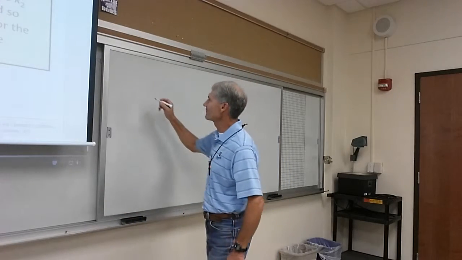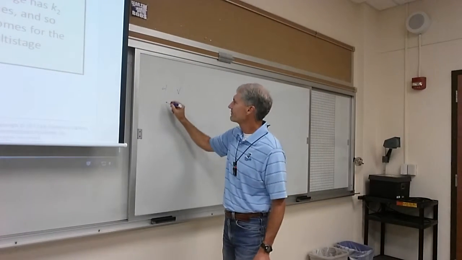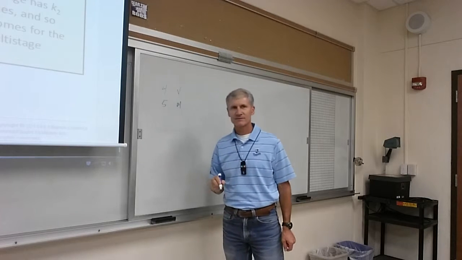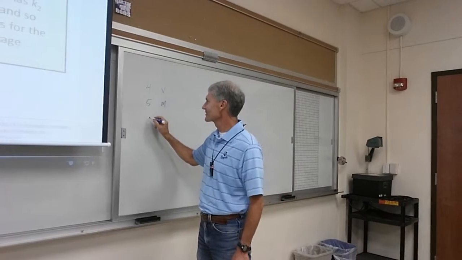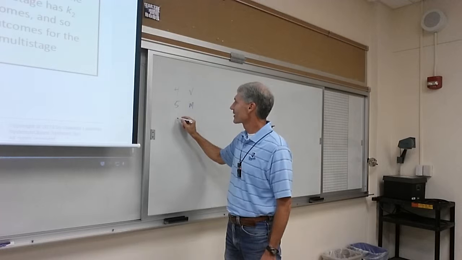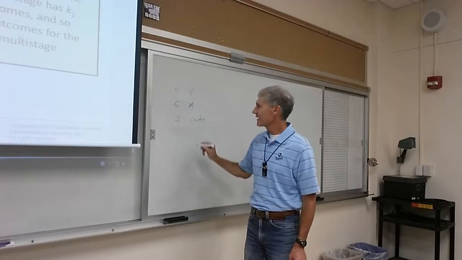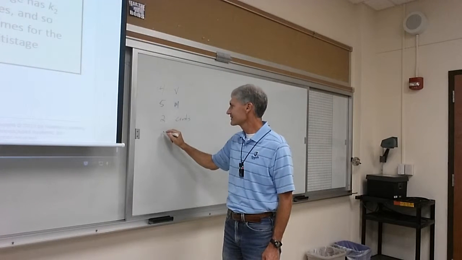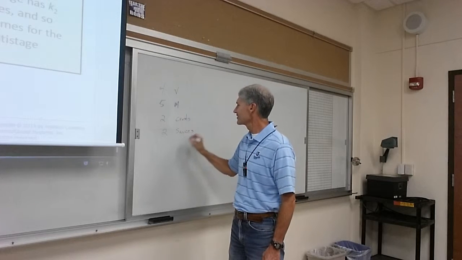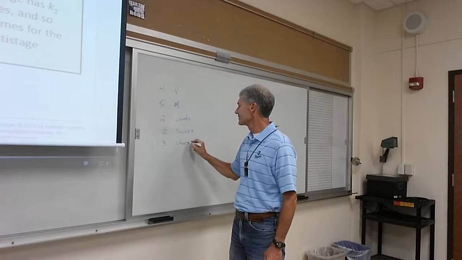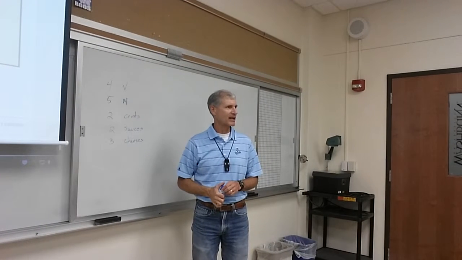Right? So let's say we have 4 kinds of vegetables. V for vegetable. And we have 5 kinds of meat. Are there 5 pizza meats? Yeah? Okay. At the good restaurants, right? 2 types of thickness. Okay, good. So 2 types of crust. Right? And then sauce. So you can have a spicy sauce or a non-spicy. How about that? So 2 sauces and 3 cheeses. If you choose one of each of those things to make your pizza, how many kinds of pizza can you make?